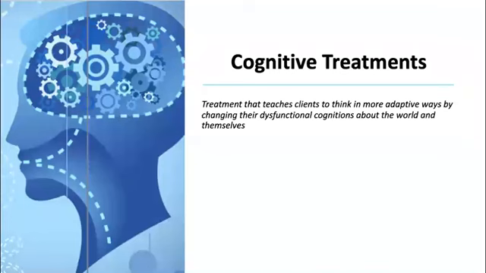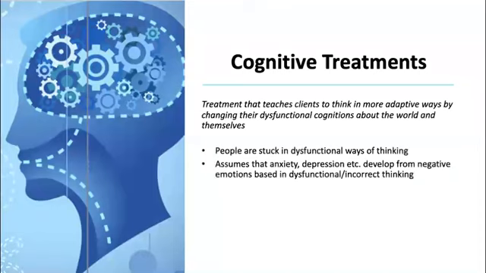All right, so we'll move on to the cognitive approach treatments. These treatments teach clients to think in more adaptive ways, or essentially change their way of thinking about the world and themselves, which is typically a dysfunctional way of thinking. So this approach assumes that psychological disorders develop from negative emotions that come from incorrect thinking about the world or